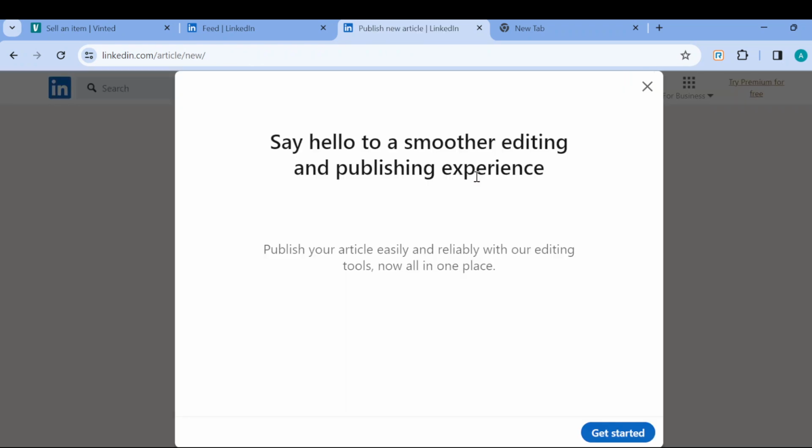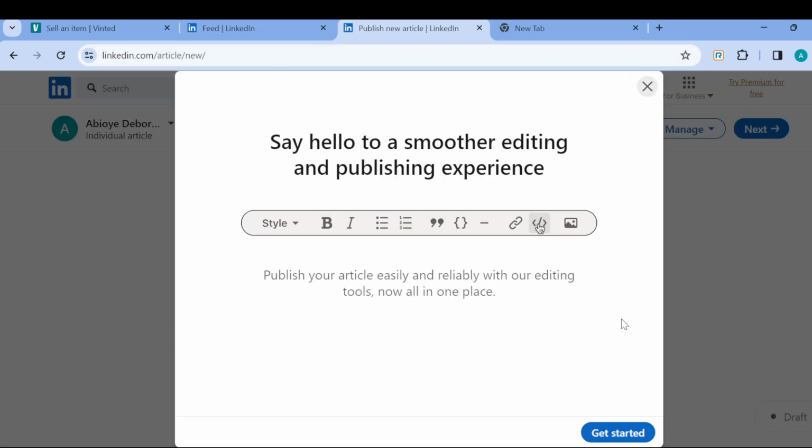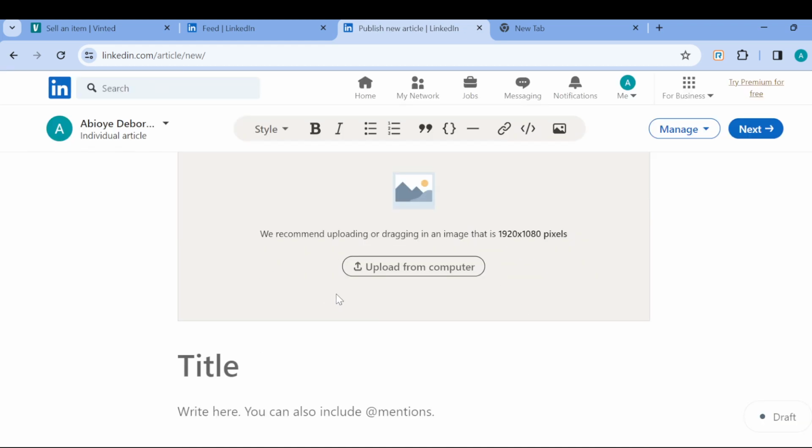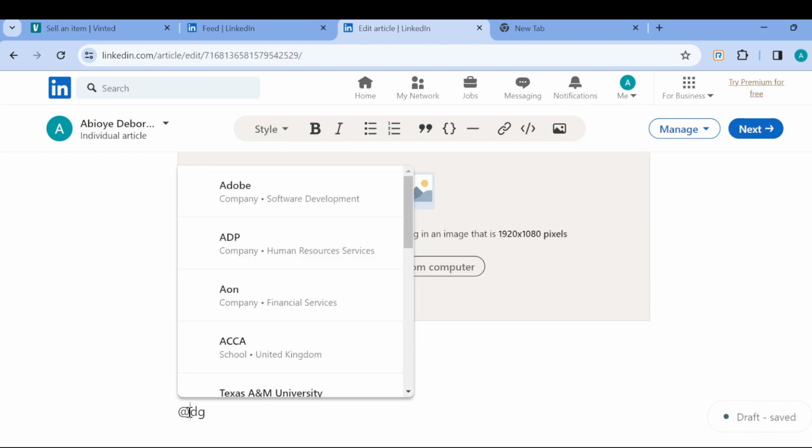And then you're brought to the page where you would see "Say hello to a smoother editing," etc. Click on get started. And then you can decide to upload an image here to portray what you're trying to say, and you can see the title. This is where you start typing, and then you can just go ahead and start typing in here. And then if you want to tag someone, just use the @,